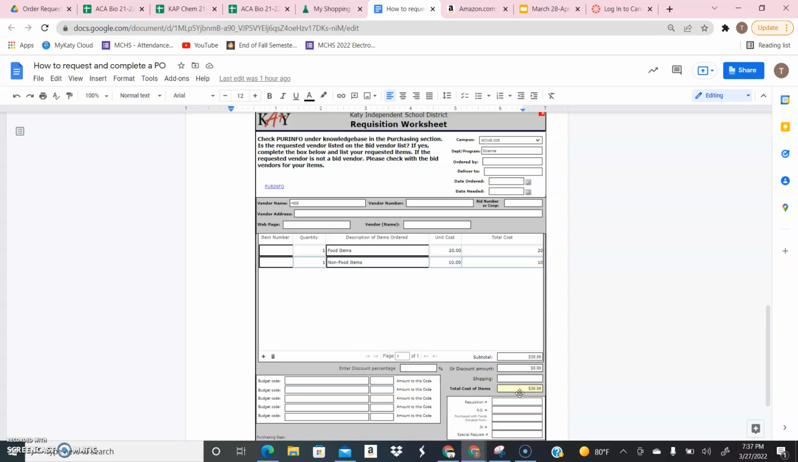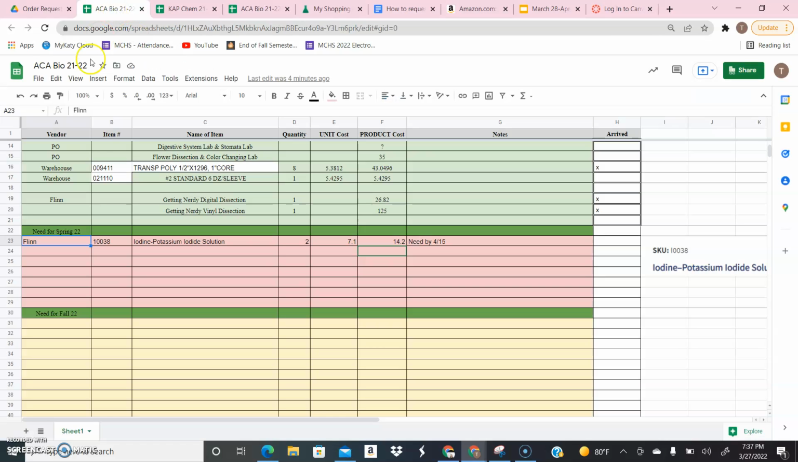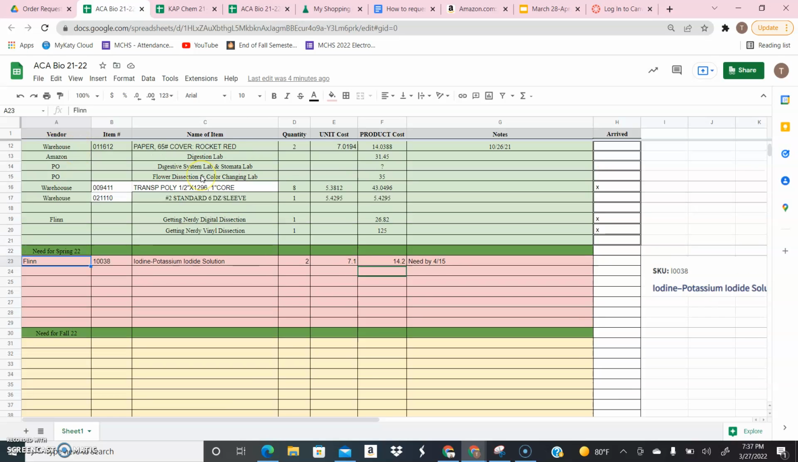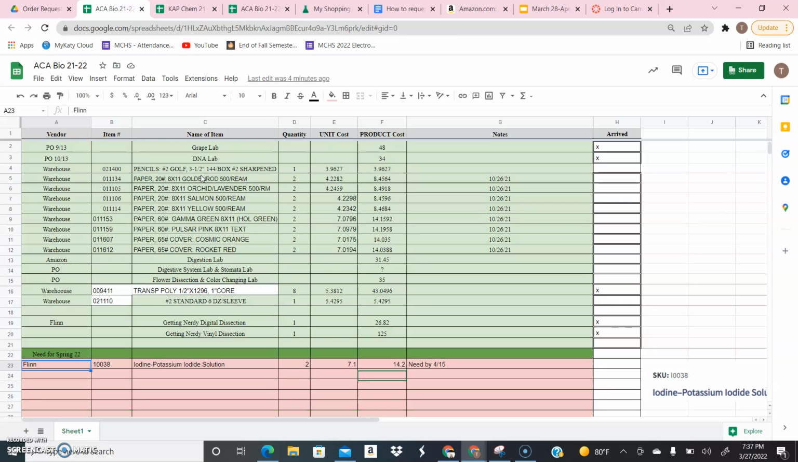Okay, so with this, put in your requisition order to the warehouse. Save this as a PDF, send it to both me and to Ruth, and ask for that to be ordered, and I will then approve it. And then make sure within that order request, for example, here's PO, and then that's saying exactly what that item